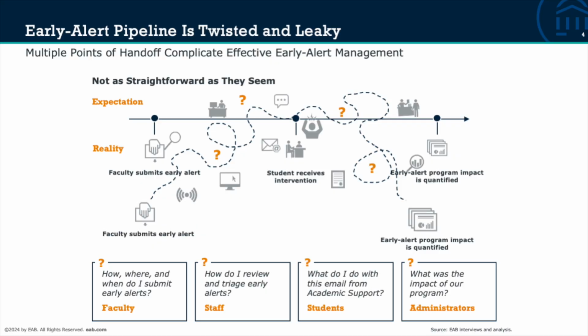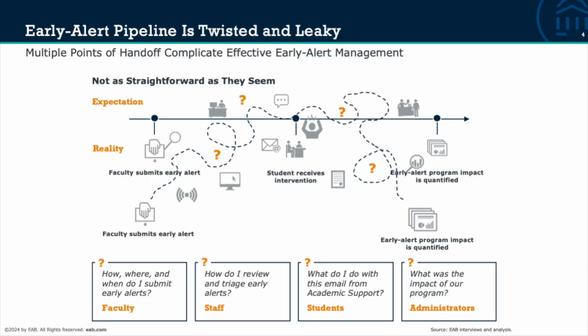So when we think about an early alert pipeline, this is the expectation that we typically have. Faculty submits an alert. The student then receives intervention. They get information. They are informed about next steps. And then we're able to understand and quantify the impact of that work. So pretty straightforward. What tends to happen, though, is something like this,